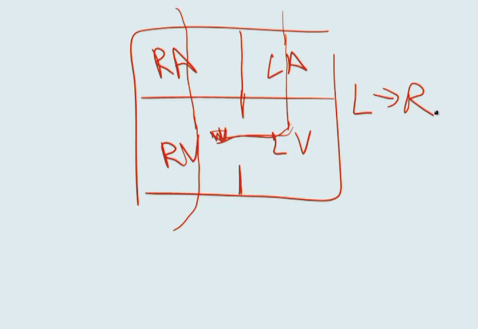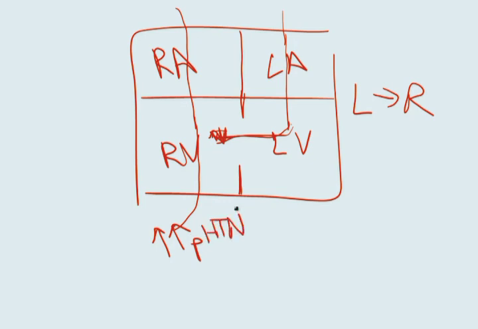Now, if this VSD is small, then it can be relatively asymptomatic. However, if the VSD is large, then large amounts of blood would cross over. Now, when large amounts of blood cross over, that's going to increase the blood volume within the pulmonary circuit. The increase in blood volume within the pulmonary circuit will eventually result in pulmonary hypertension, so you'll get a high